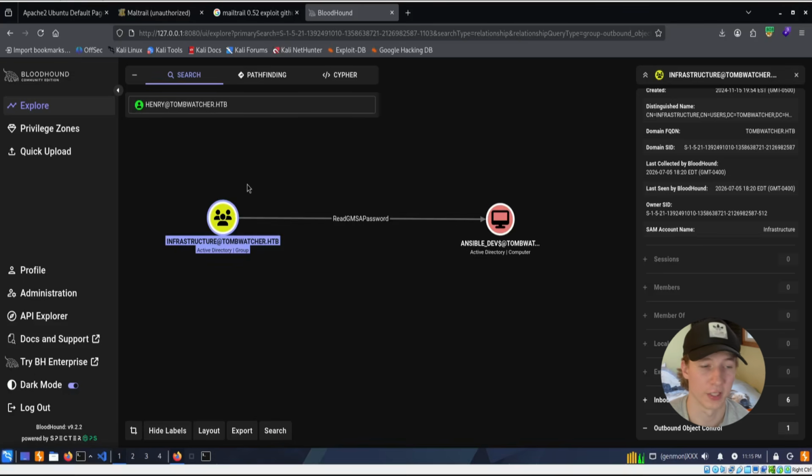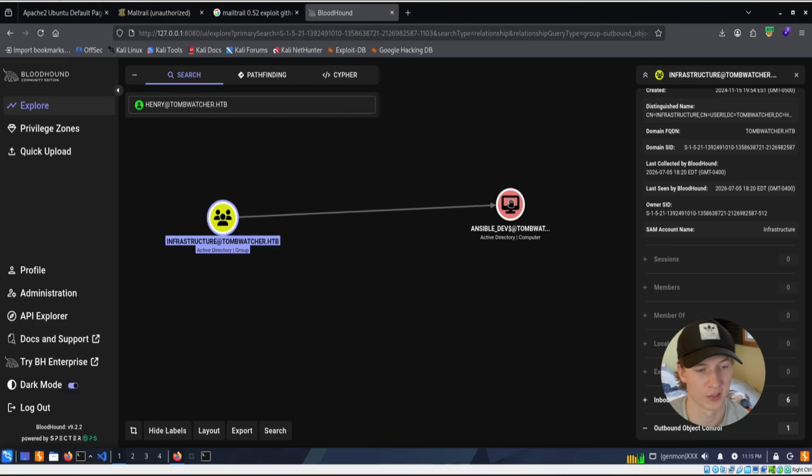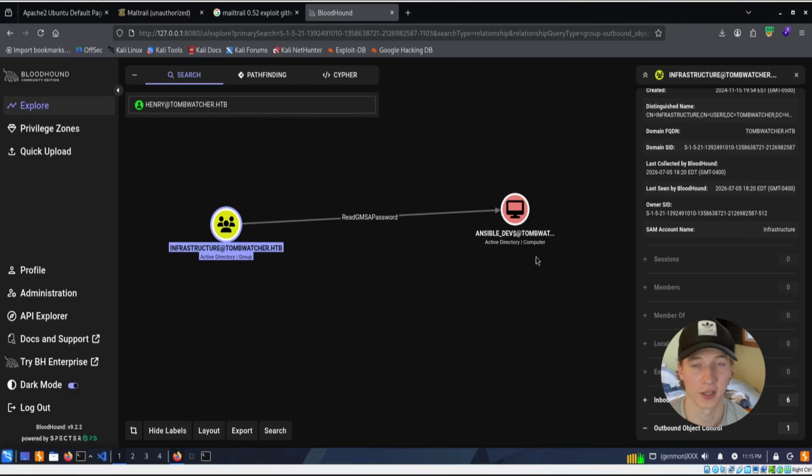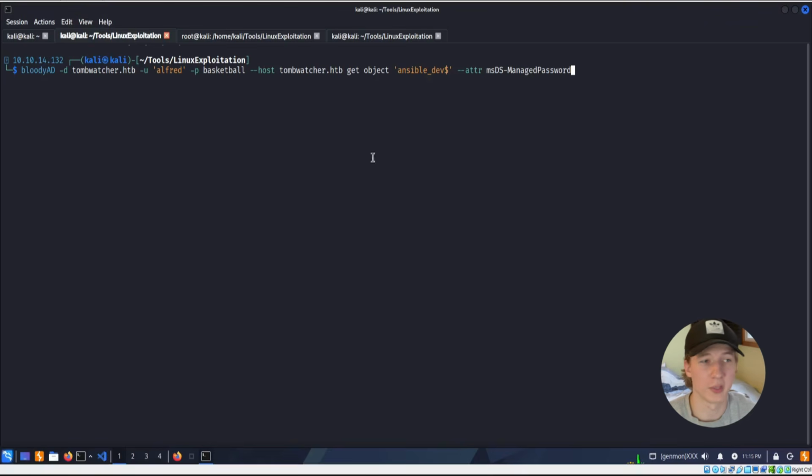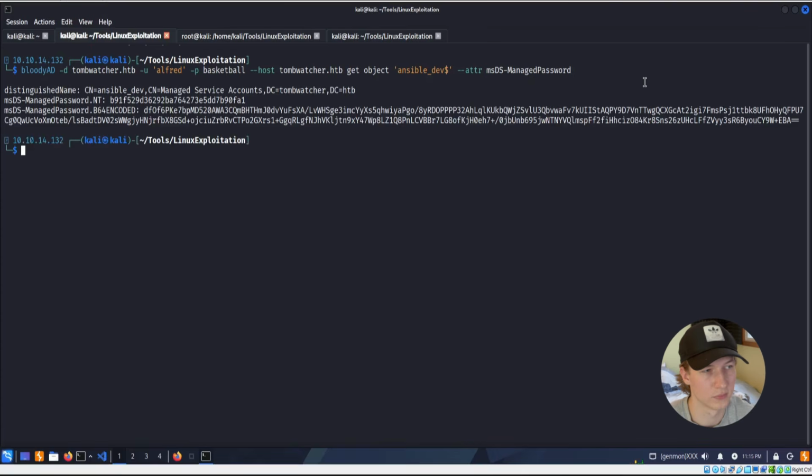Now that we're a member of the Infrastructure group, we can now abuse the ReadGMSAPassword privilege over the ansible_dev computer account to get that account's GMSA password. And this can be easily done with bloodyAD by specifying Alfred's credentials in the tombwatcher environment and saying get object ansible_dev and then --attr for attribute, and then specifying the msDS-ManagedPassword attribute. The output gives us the NTLM hash for the ansible_dev service account,